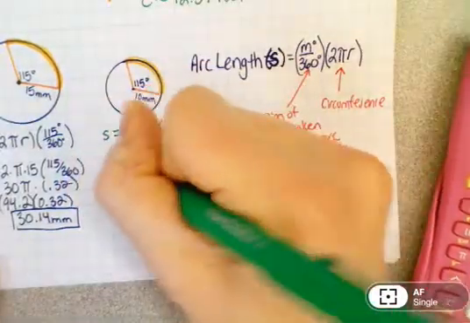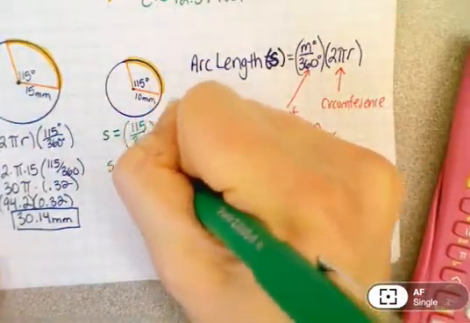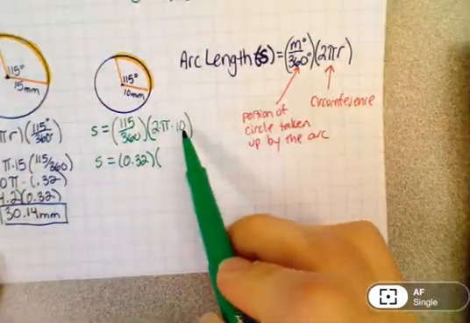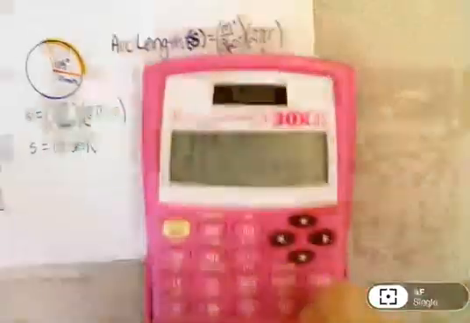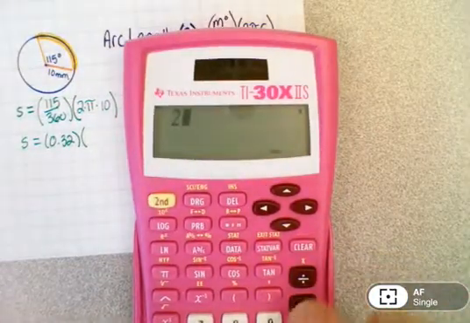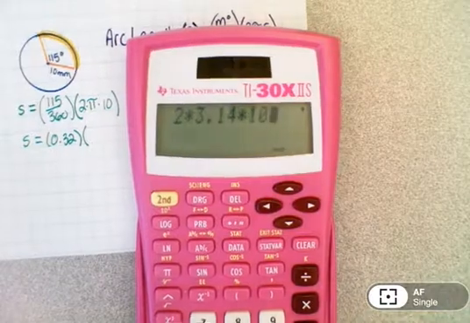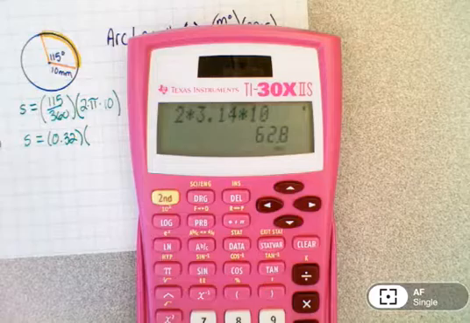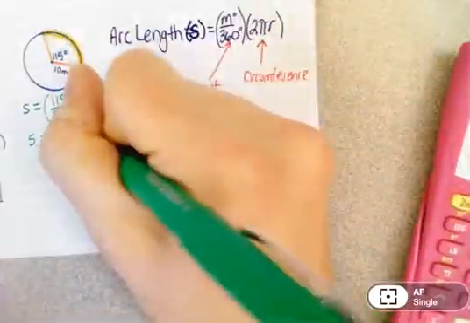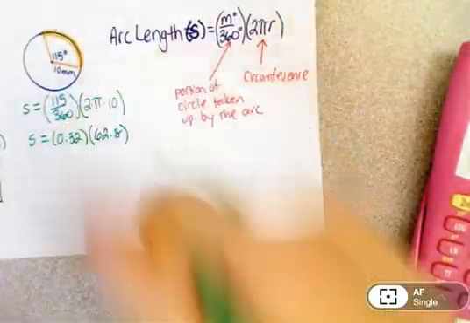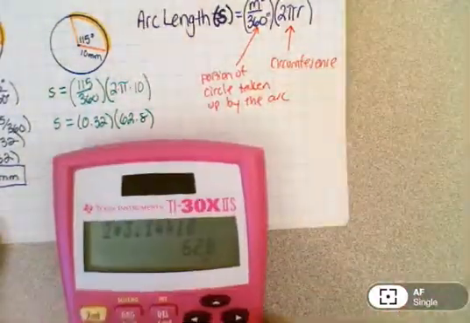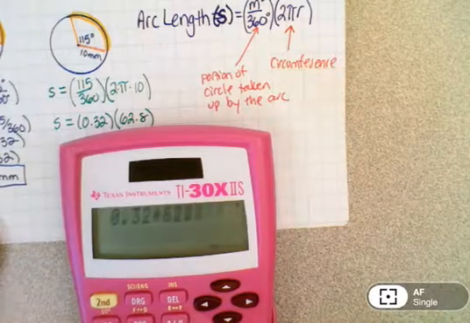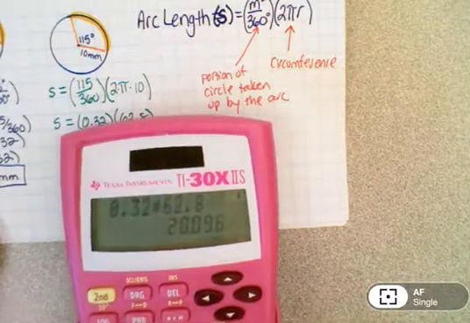So the arc length here equals 0.32, so it's about a third of the circle, times 2 times pi times 10, which is 20 pi. So I can do 2 times 3.14 times 10, 2 times pi times 10, and I get 62.8. So all I need to do now is multiply those two numbers together. So 0.32 times 62.8, and I get